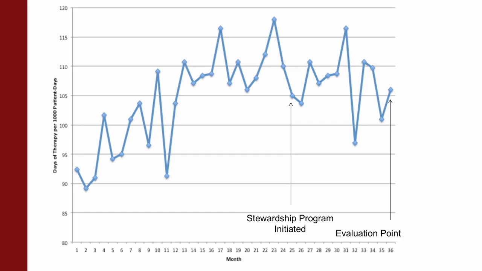We can ask what the best comparisons to perform on this data set might be. One might compare the use just before the program was implemented to the utilization at the end of the study period, as indicated by A. But in this case, it would give a misleading story that there was little effect of the program. Even worse would be comparison of the utilization immediately before to immediately after the initiation of the stewardship program. It's unlikely there would be enough time to see a true effect, and instead, the random variation might lead to the conclusion that the program increased utilization.